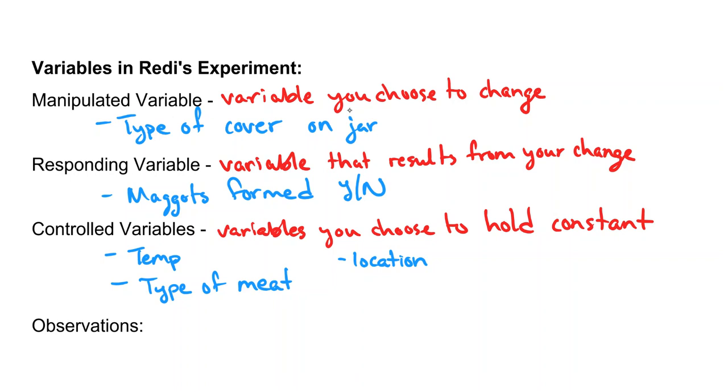So all of these were really important in holding constant because in any experiment, you should only ever change one variable. There should only ever be one manipulated variable. So you want to see, does the manipulated variable have an effect on the responding variable? And if there's no real change across our trials, then you can conclude that there should have been no effect between the manipulated variable and the responding variable.